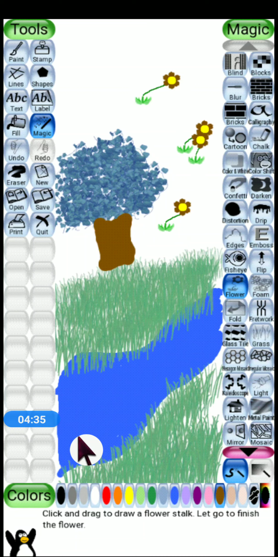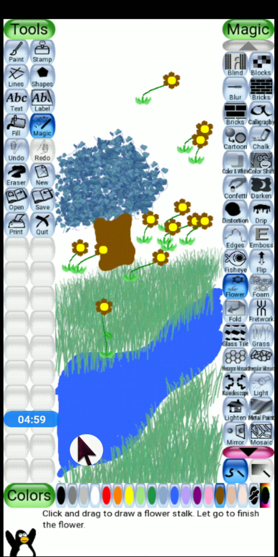So easy. Choose the flowers and draw wherever you want to. This was the flower effect of magic tool. Wow.